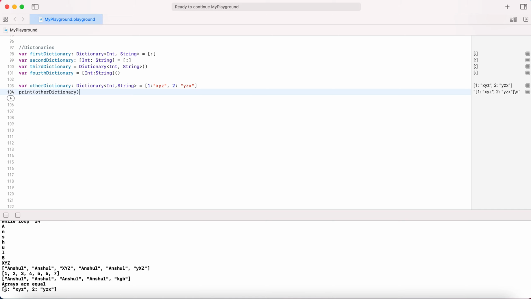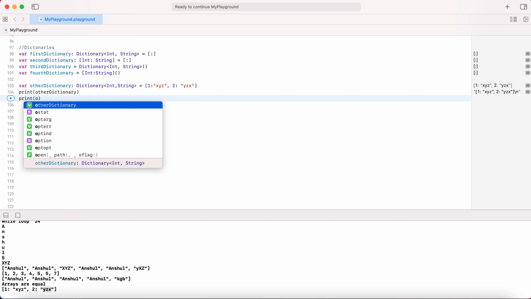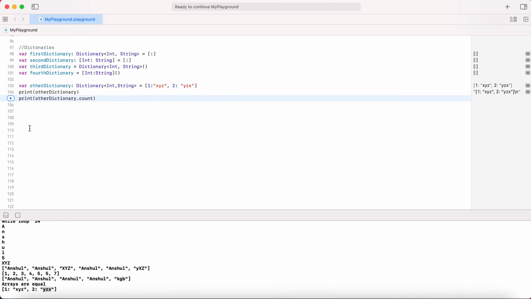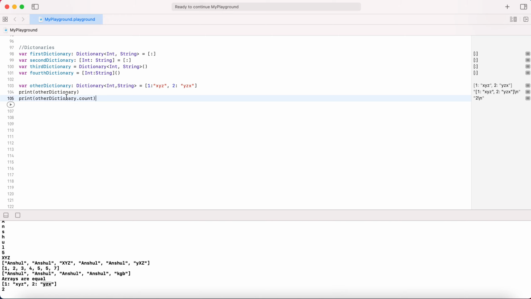This is 1 as a key and its value, 2 as a key and its value. Let's quickly look into another example, how to print count. What we can do here is dot count. This will print the number of elements which is available in the dictionary.